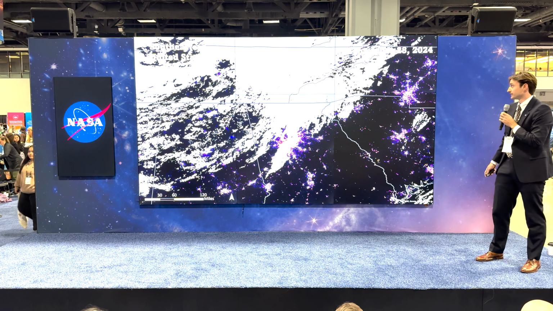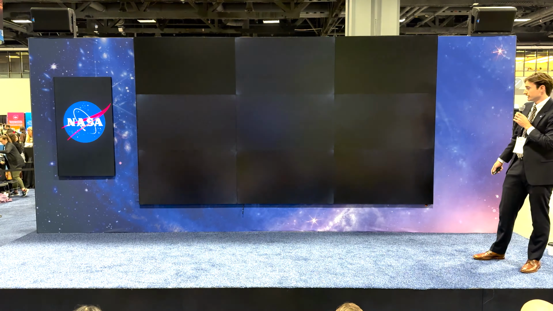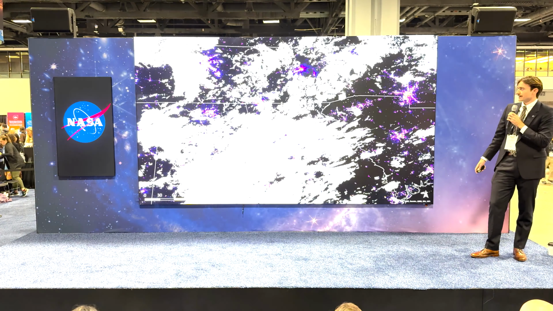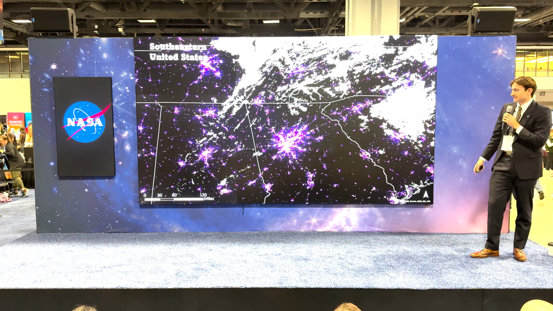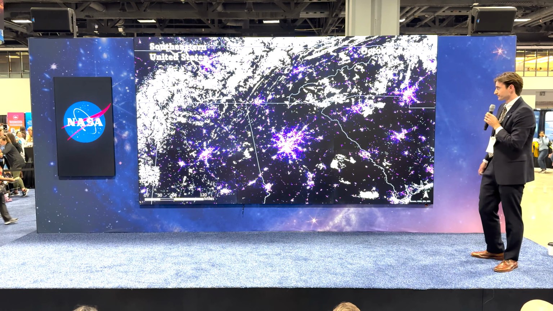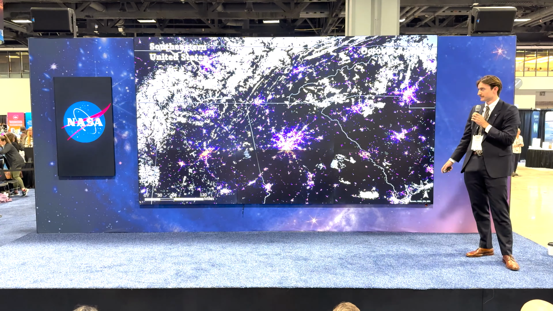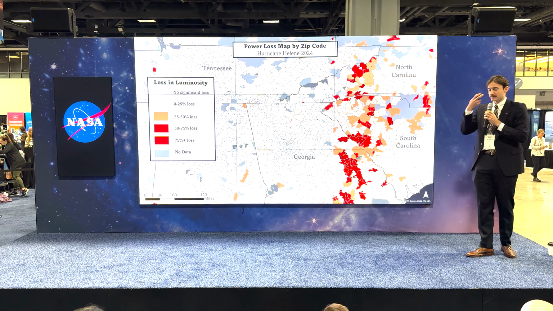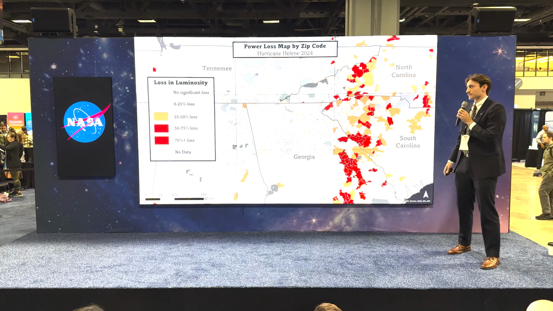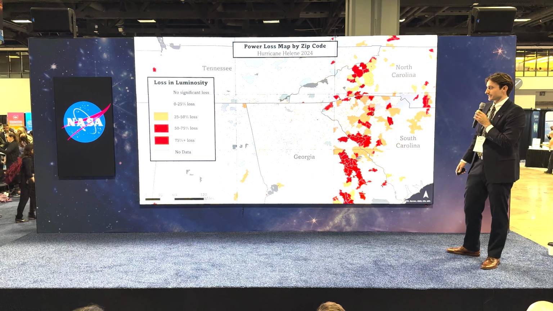So the event starts, we can sort of see the lights disappear in some areas, and then just traveling through, and now approaching sort of a week out, some of the light is returning. So again, we're going to start with that demographic boundary. This time it's by zip code. So we have luminosity change or potential power outage by zip code in this area.